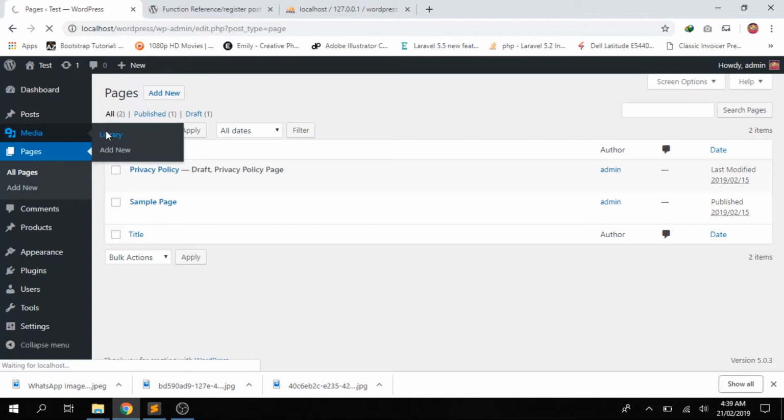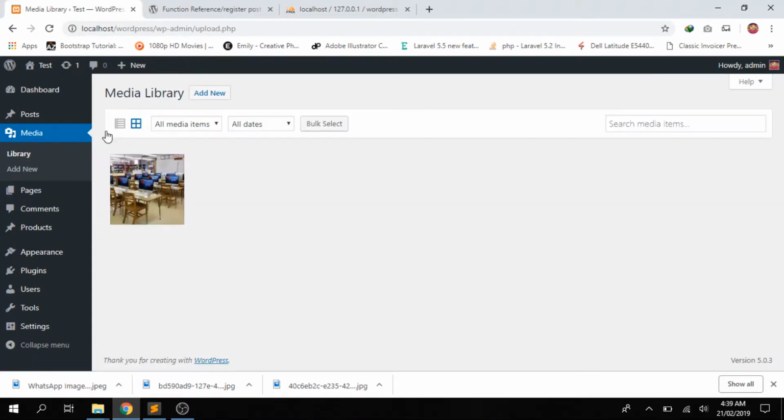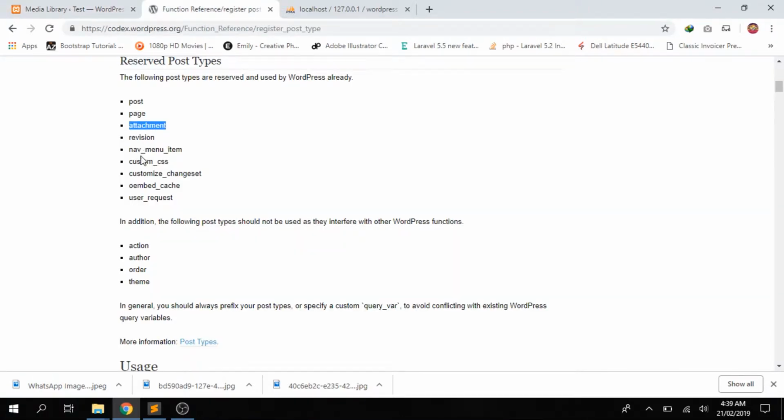used for the library, or you can say all the media, or all the images, or all your media. Media means anything that falls in the media section will be covered by the attachment post type. And revision, what this means, revision is basically used for